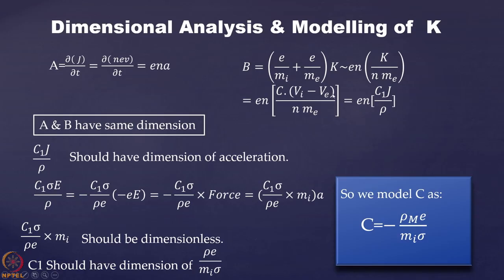If they have the same velocities, they are moving together, then they will not be able to impart any momentum. So this momentum transfer will be proportional to Vi minus Ve. We put some constant C over here. E and N is there, and then N and M is there. So what I put over here again is that this Vi minus V will be proportional to J.